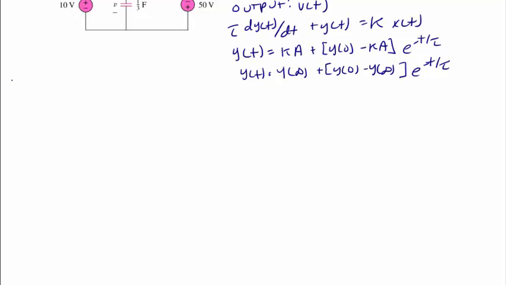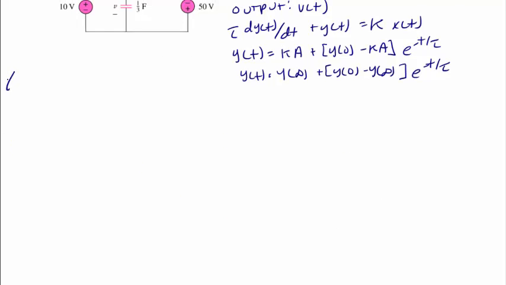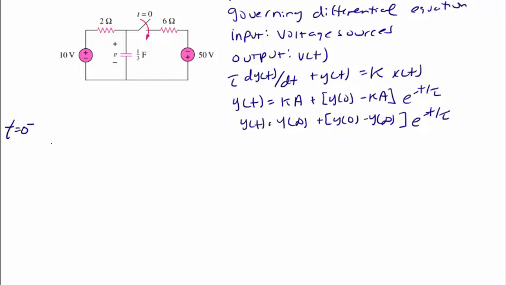So the first thing we do is draw the circuit at t equals 0 minus under DC conditions, and we use that circuit to find the initial voltage across the capacitor, V of 0 minus. Now this symbol means that the switch closes at t equals 0, which means at t equals 0 minus, the instant right before that time,